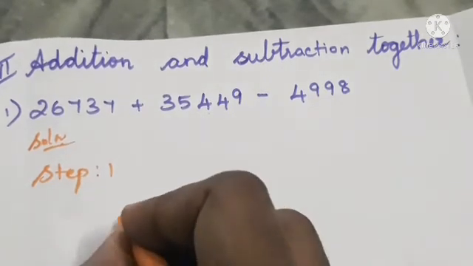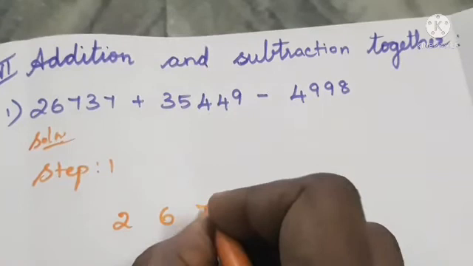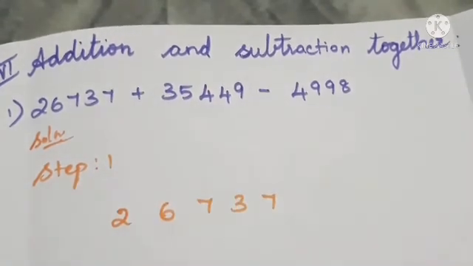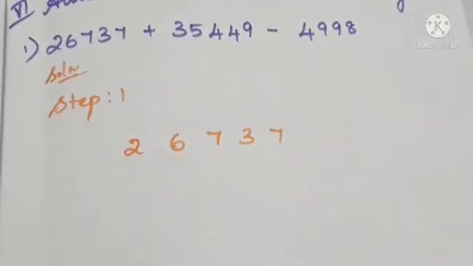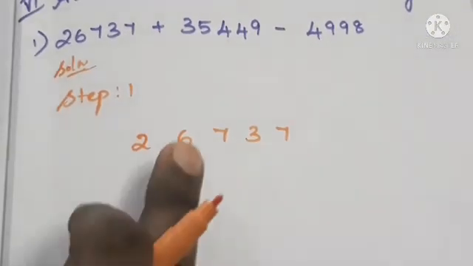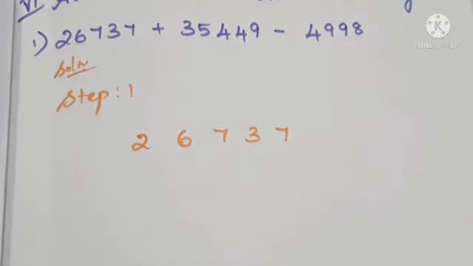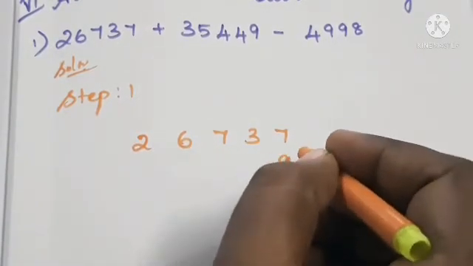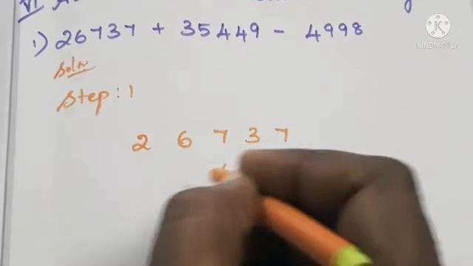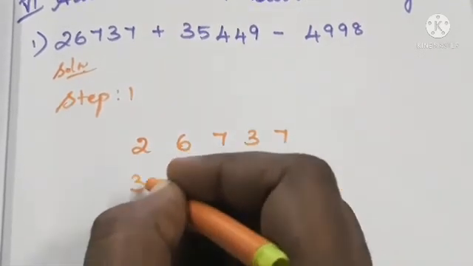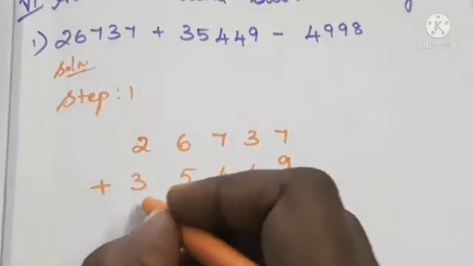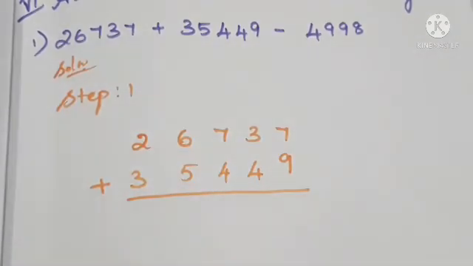Okay, ma? So we have 2, 6, 7, 3, 7. You know that while you are writing the numbers for addition or subtraction, leave a gap in between the numbers and write. Okay, only then will you feel it easy to add or subtract the numbers. Okay, next 9, from the right side to left we write. Okay, so 9, 4, 4, 5, 3. Okay, so here we are going to add these two numbers now. So we put the plus symbol and add from right to left.